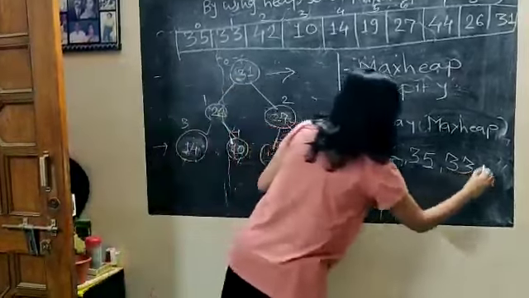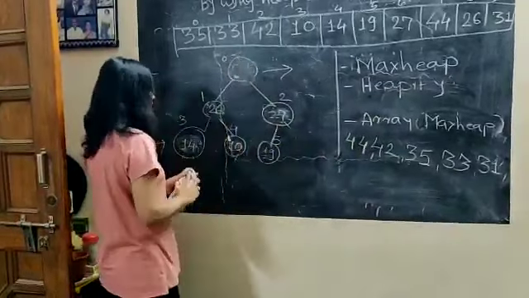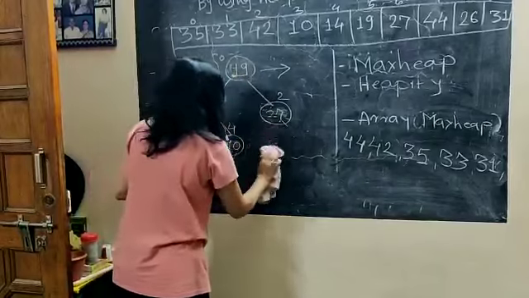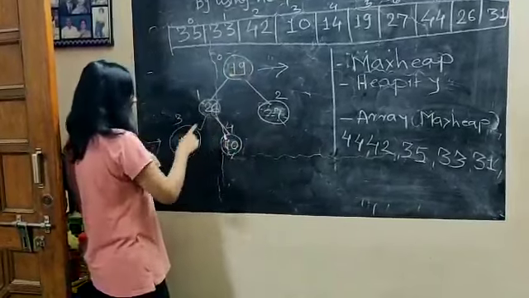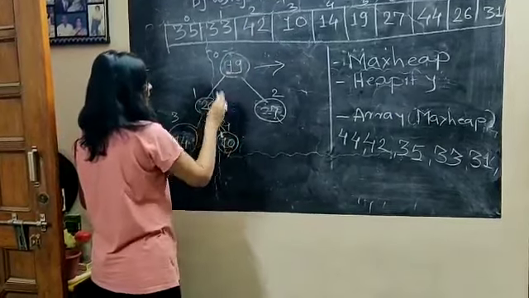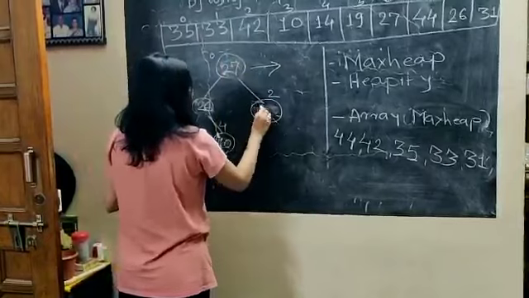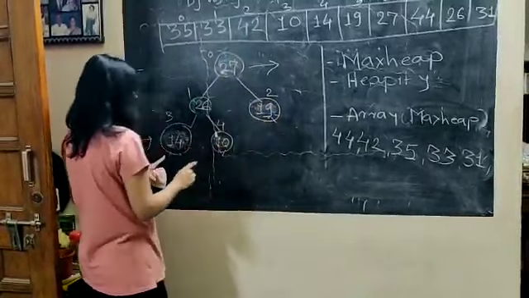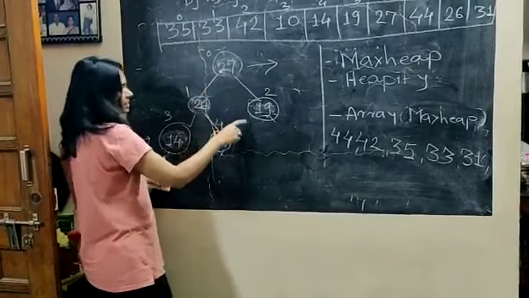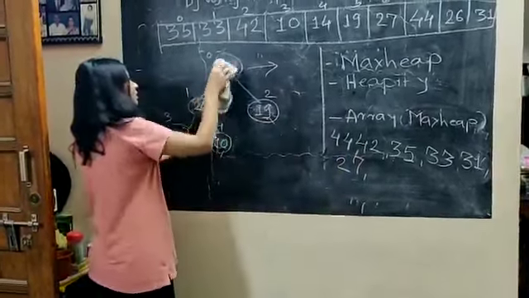So the next number is 31. You will remove the number from here and the next number as a root node is 19. Now again check it. 26 is greater than 14, 10? Yes. But 19, 27, 26, there is a mismatch. So here comes 27, here comes 19. Next, 26 is greater than this, 27 is greater than 26, 19. So here comes 27 as the next number.